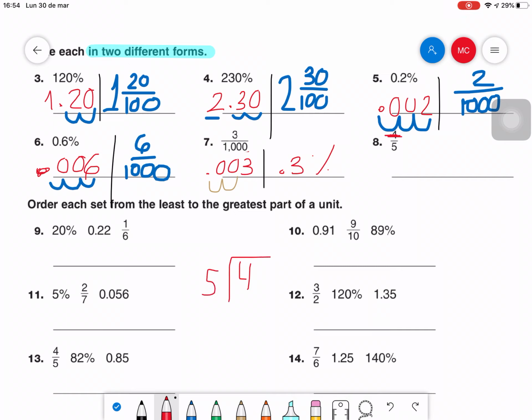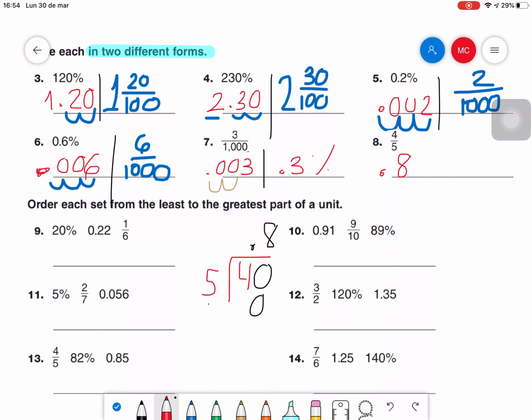This goes inside of the division. This one goes outside. You must know that from before. And then 5 doesn't fit in 4. I put a decimal point and I add a 0. How many times does 5 fit in 40? 8. Because 8 times 5 is 40, and that will be my answer. So as a decimal, it will be